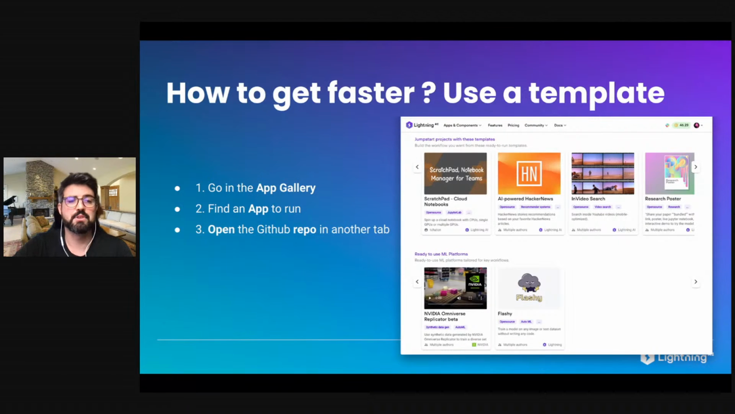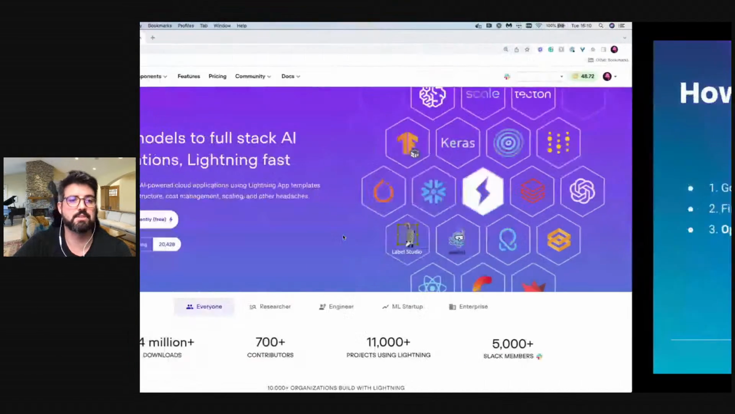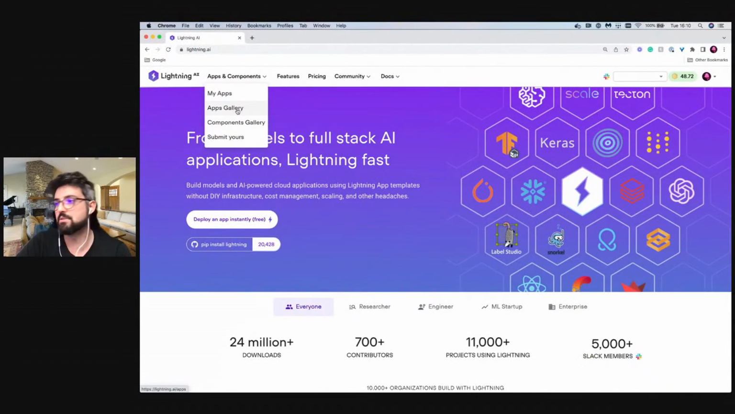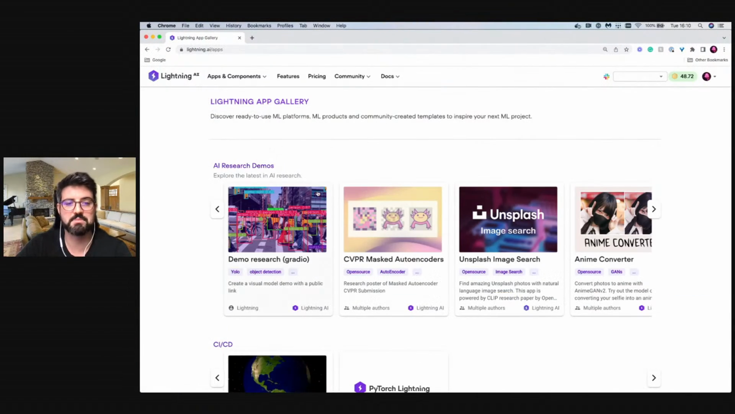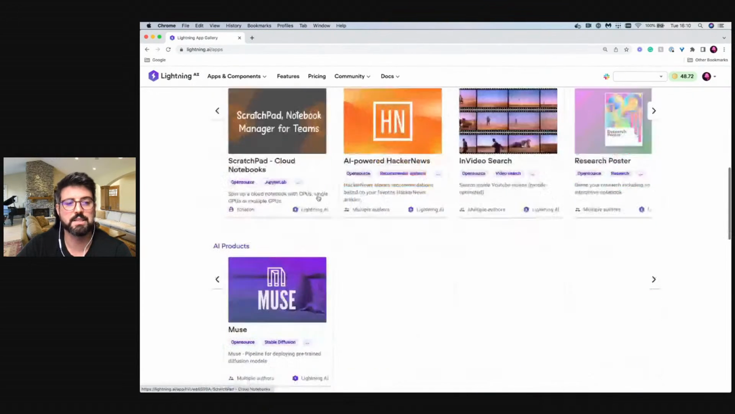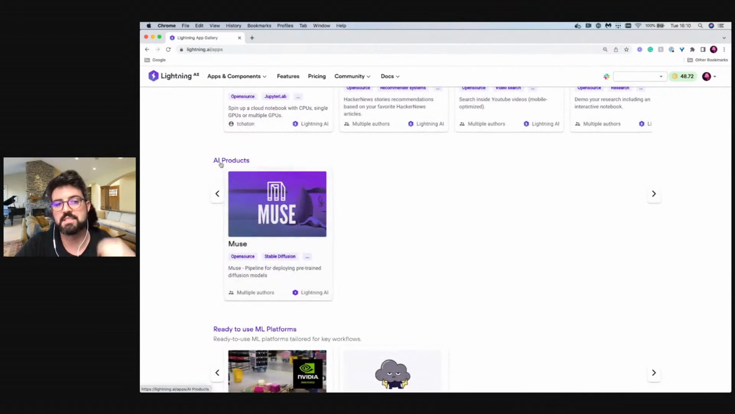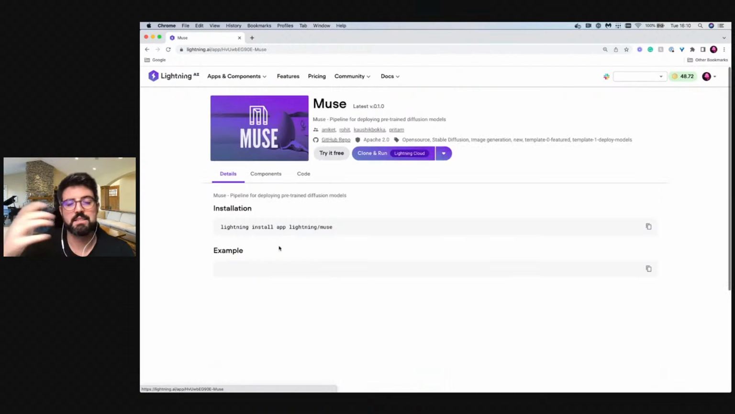So what you can do, for example, is go on the app gallery, find an app to run, and open the GitHub repo in another tab, right? So here we are going to go on the app gallery, and you can take the same step as I do, right? And we are going to go for this app, which is considered as an AI product. So it's a full-fledged app with like a React UI and so on. It's called Muse, and it relies on